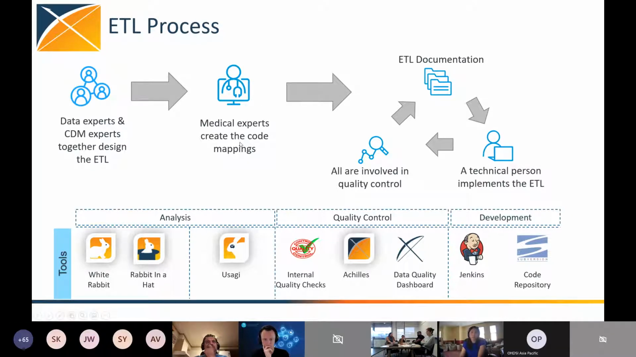Right? We also need medical experts, and where the medical experts kick in is not on the data side, but a lot on the medical terminology side, on better understanding